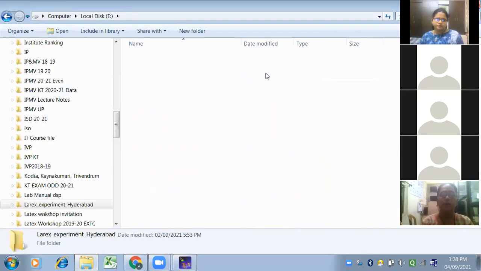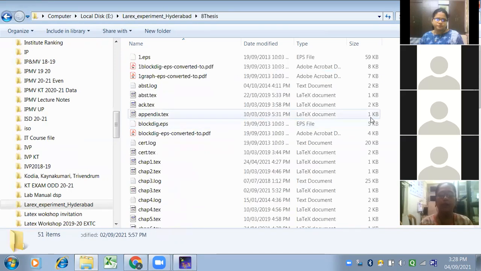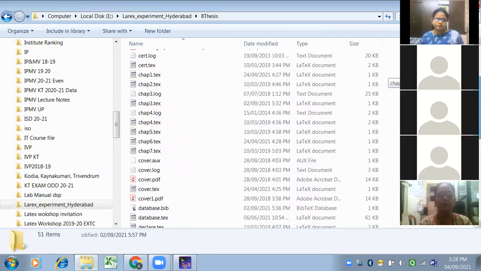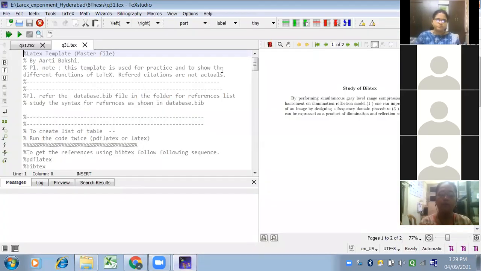See, where you have kept your folder, here is the thesis. If you see here, there are many chapters. For each and every chapter that I am writing, I have generated one complete new text file, and I have treated each chapter as a sub program, which I am calling in a main file. So if you see this one